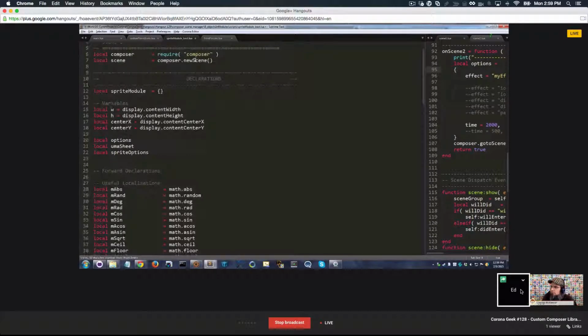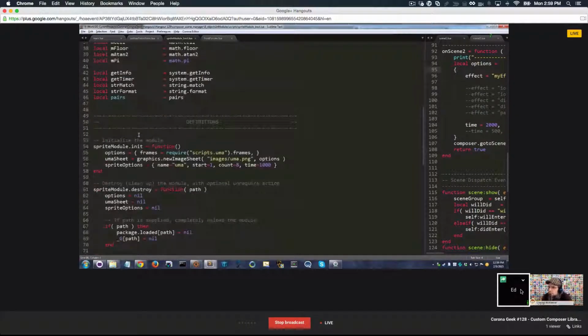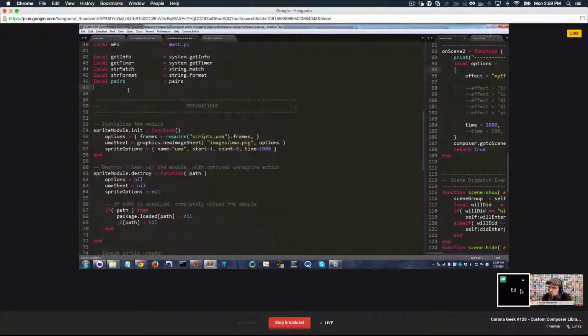So back to the topic here. We create our module, line 12, skip over all this other stuff here, which is just prep code for me doing the work. And then I create a function called init. What this function does is it creates an options table. It creates a graphics sheet, and I won't go into what these are. You have to know how the sprites work. But people who are familiar with creating sprites know that you need an options table, that is,